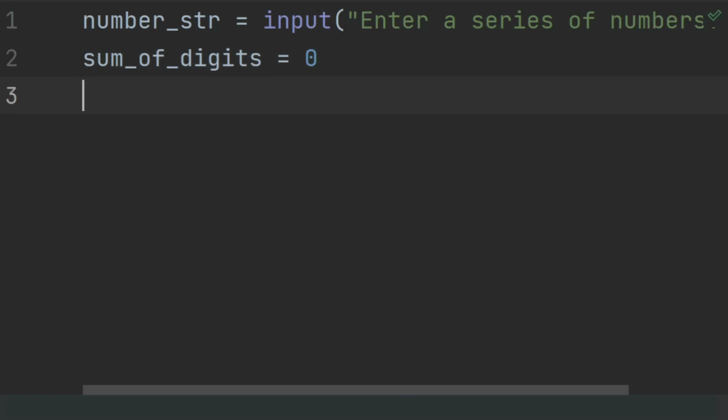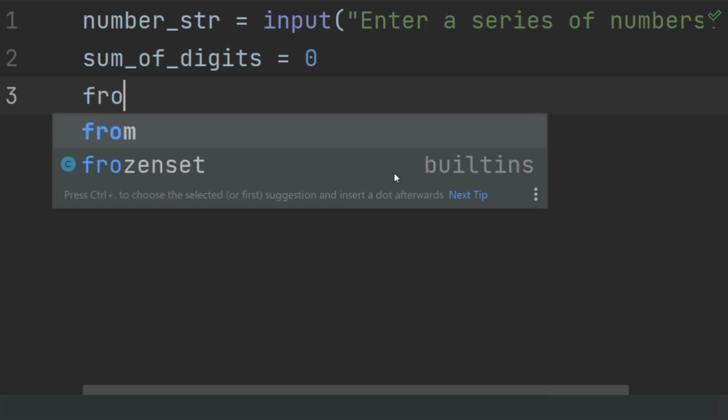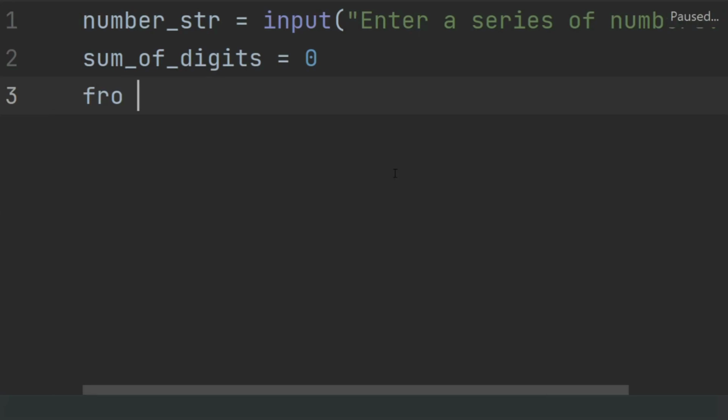Now iterate through each character in the input string. For this we will use a for loop. For char in number string,